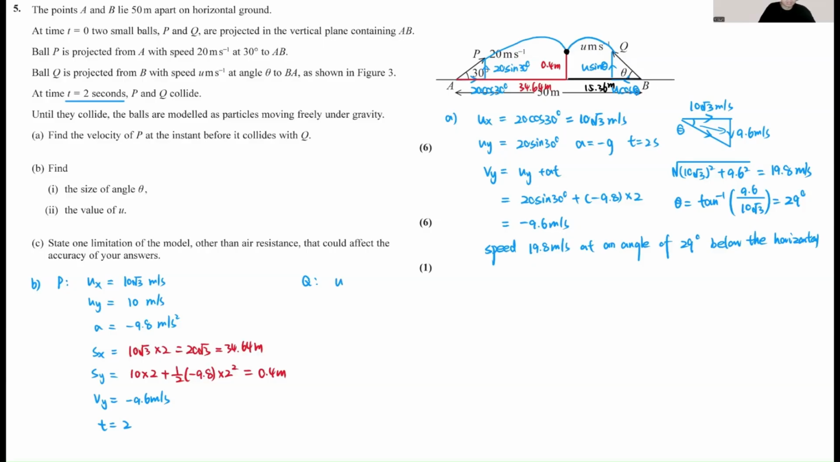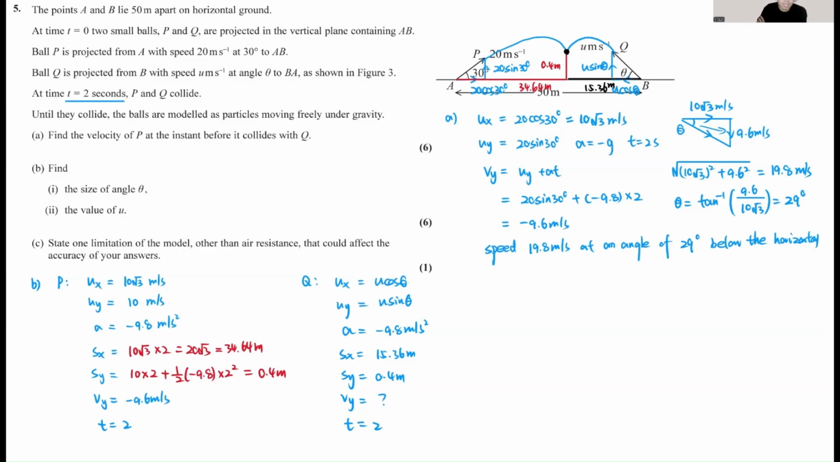we know the initial horizontal velocity would be U cos theta. And then the initial vertical velocity would be U sin theta. And the acceleration is negative 9.8 meters per second squared. And then the horizontal displacement we know is 15.36 meters. And then the vertical displacement is equal to 0.4 meters. And then the final velocity V, we don't know, but we know t is equal to 2. So that's all the information we know, and I think it should be enough to work it out because we can set up